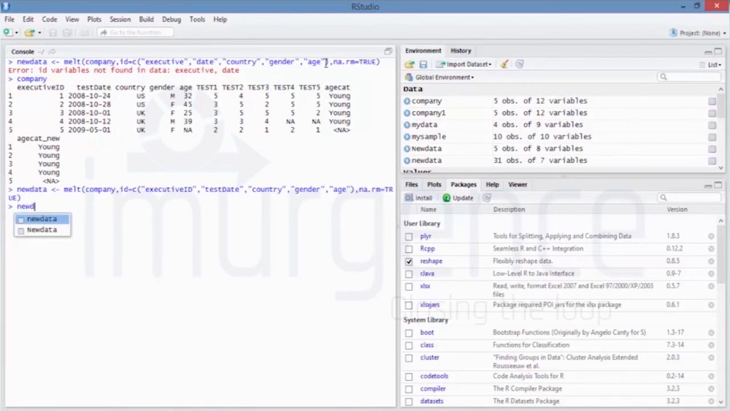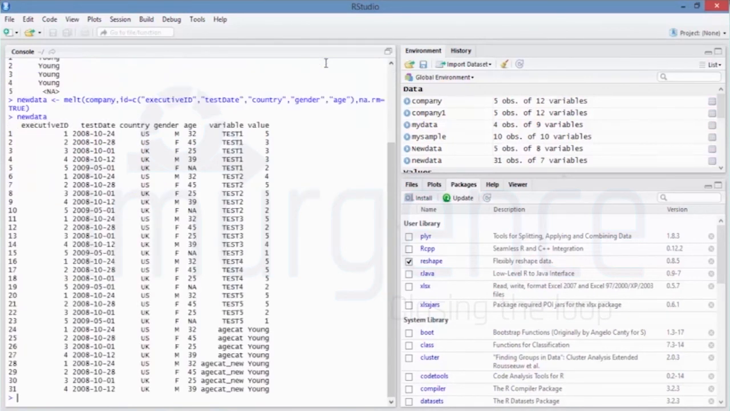Now you can have a look at new data. Okay, so this is the conversion from a 5 set record. It has got converted into so many records. So you can now